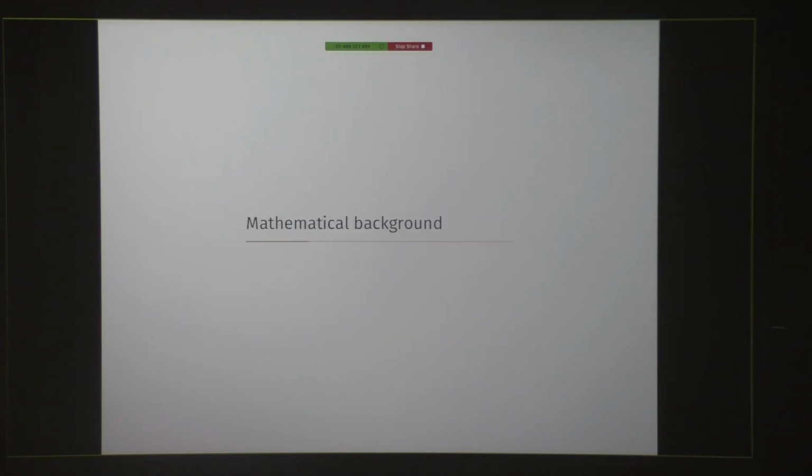So for that, I need to talk a little bit about the mathematical background. So that will be a short recap of probability theory. This is not essential to understand everything that I want to say. This is more about building intuition, because for me, the main advantage of using functional programming is the fact that in functional programming, my code looks more like the way I solve the problem in my mind, not like me transforming my way of solving the problem into code that is understandable by the computer.